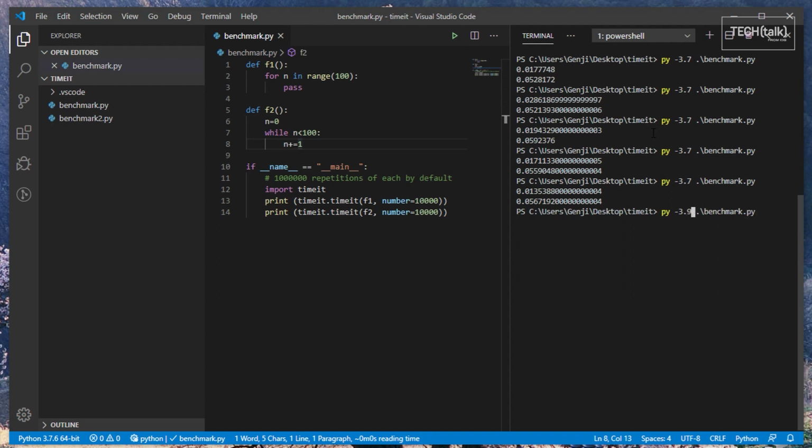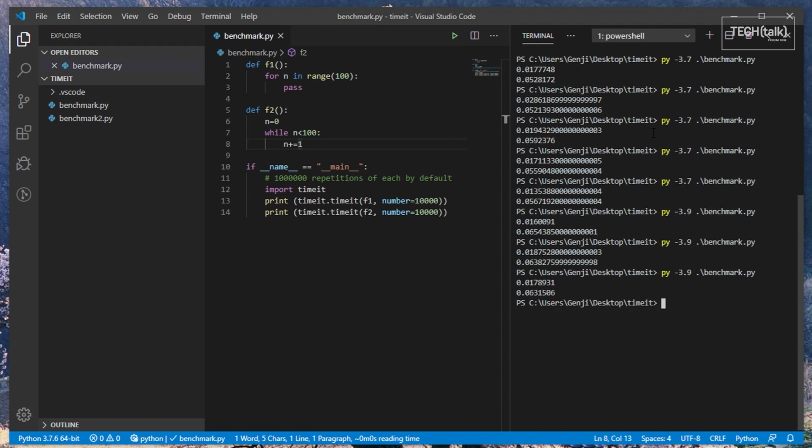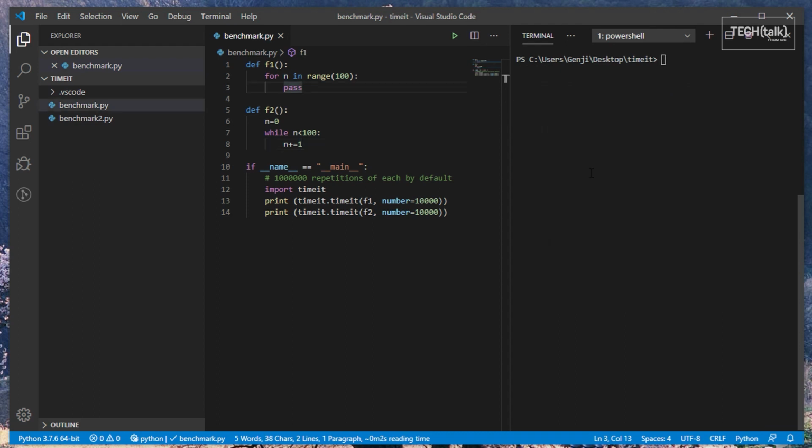On this system, I have Python 3.9, which is still only available as an alpha test. As you can see, it generates slightly different results, not significant enough to really be statistically significant. But it'll be interesting to see whether or not 3.9 provides improved performance over 3.7 once it's further along in its development cycle. One final note about TIMEIT: don't use it to profile an entire application, only a portion of one, like a function or a tight inner loop as we described earlier.